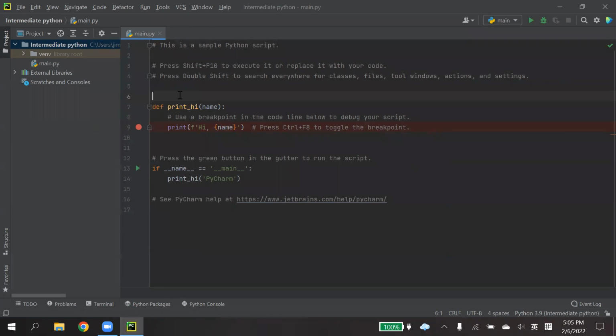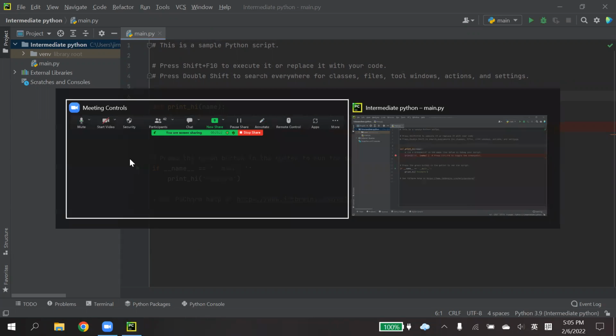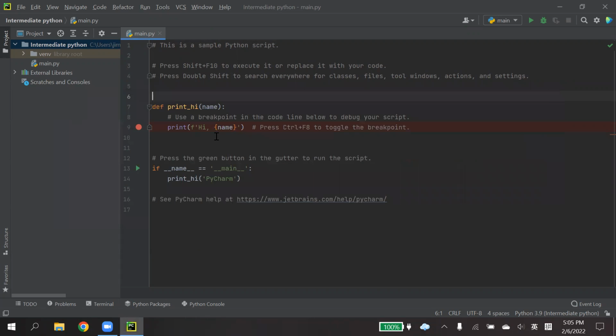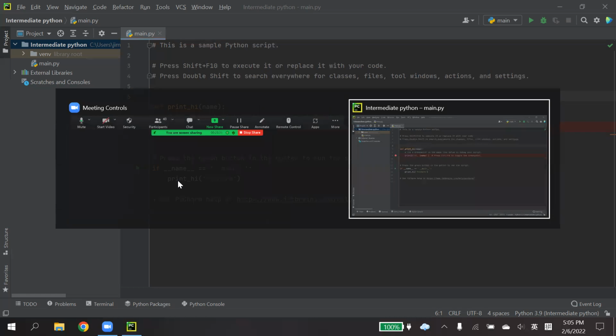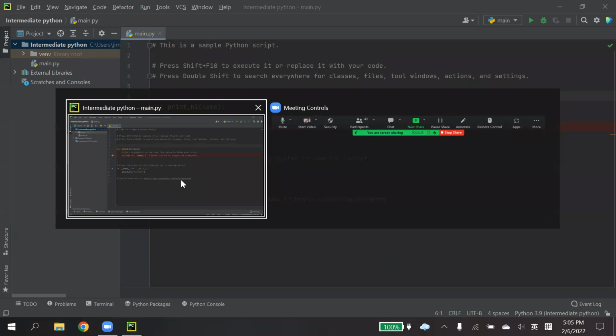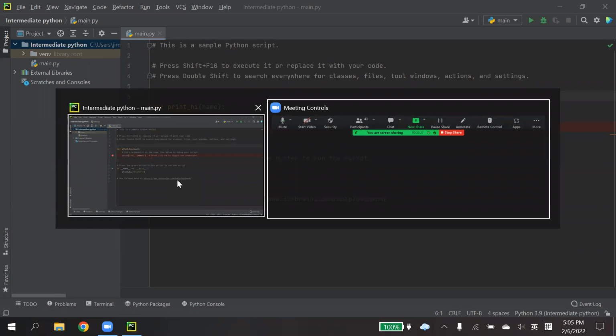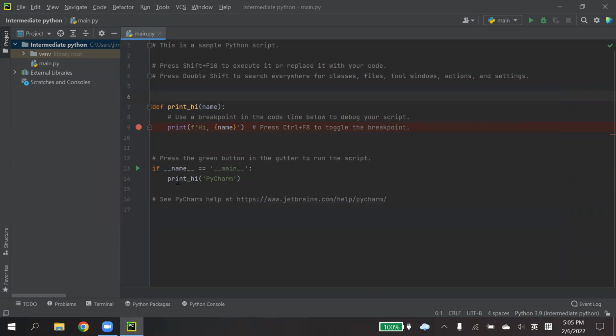Before I start, I have to teach you one hotkey first: how to switch between your applications, because you have to look at your Zoom and also jump into PyCharm quickly. You can use Alt+Tab to switch between Zoom and the PyCharm application.